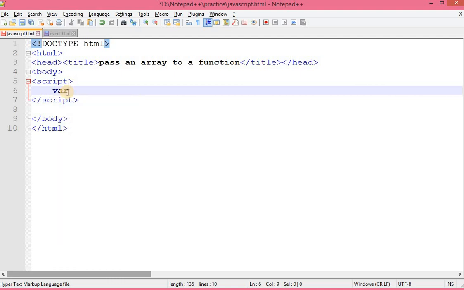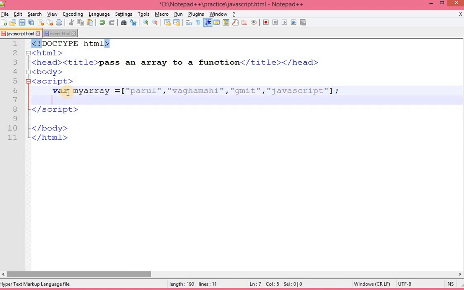Now for demo purposes, I'm going to convert my array values to uppercase. That means whatever the string values are there, I'm going to convert them to uppercase. So how do we do that? Let's first define one array variable, myArray, and give some values. Let's say Parul, Vaghamshi, GMIT, and JavaScript. These are the values.